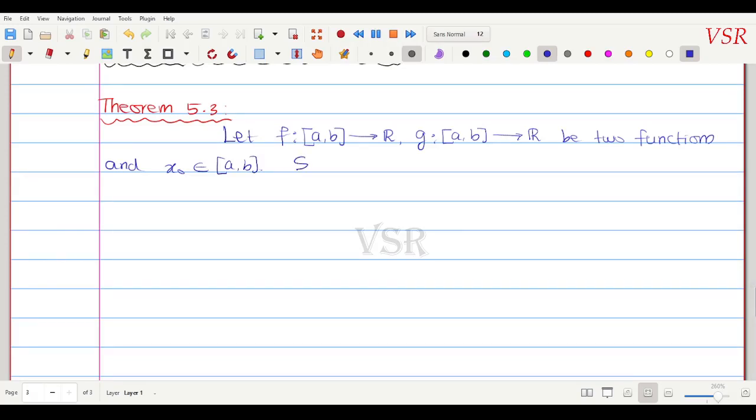Suppose that f and g are differentiable at x naught, then